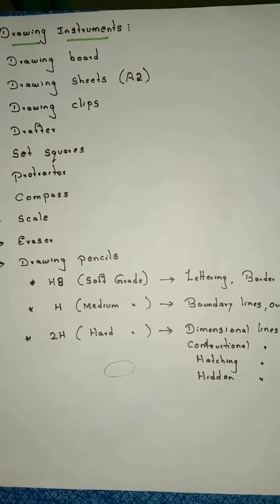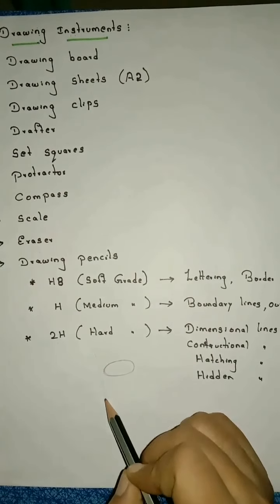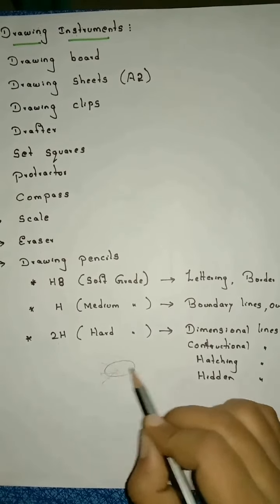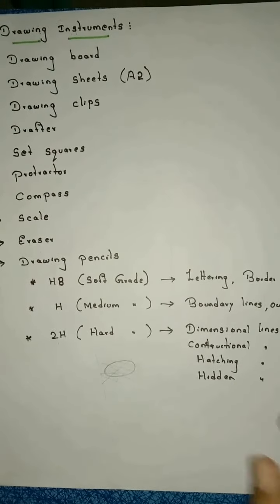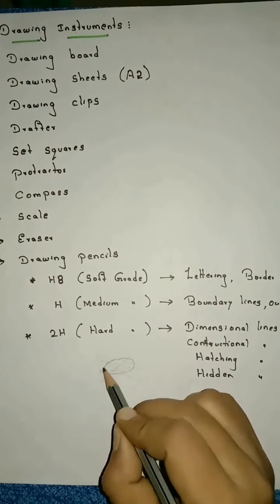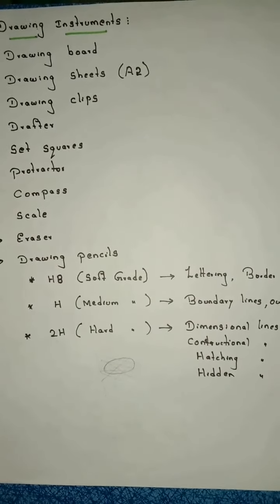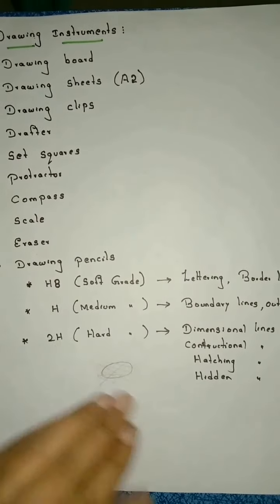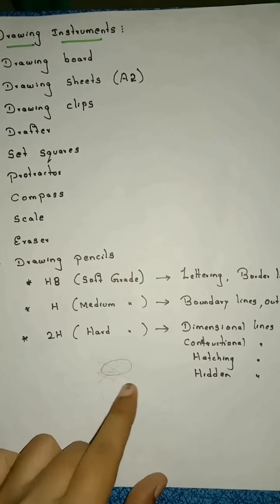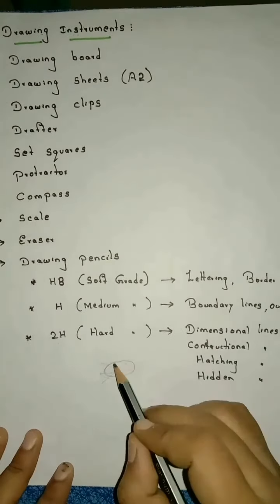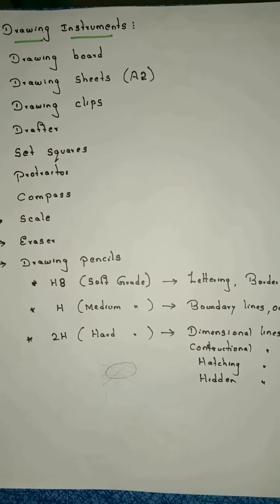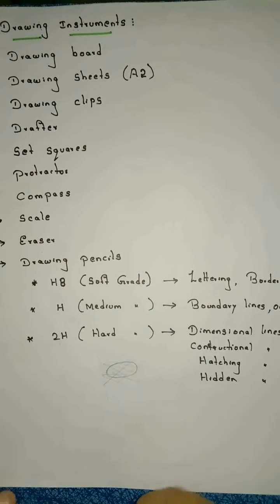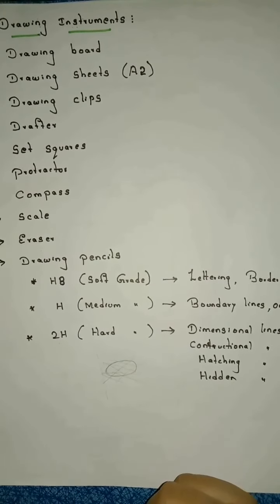So now if you want to draw the ellipse, there is a lot of construction to draw the ellipse, right? So we draw many constructional lines and in that we draw the ellipse. If you meet all the lines, if you join all the lines, you will get the shape of the ellipse. So my question is, you are drawing a number of lines here, where so many intersection points are there, so we are joining all these intersection points to get the shape of the ellipse, right? So if you draw everything with only one pencil, we can't see the shape of the ellipse, right?